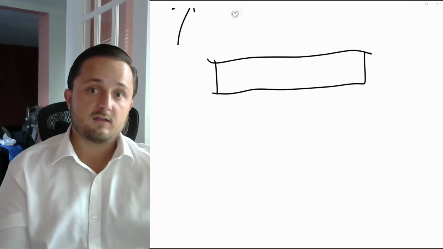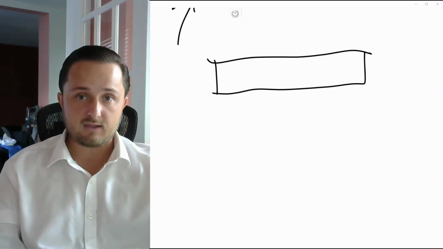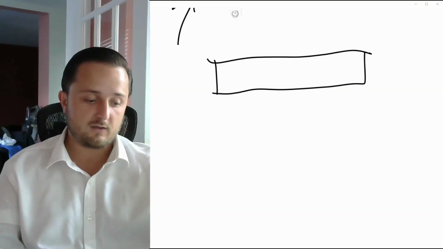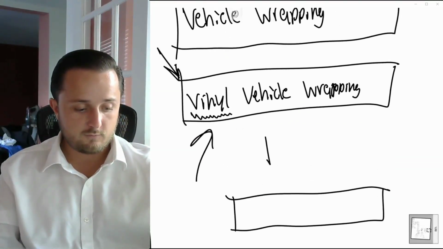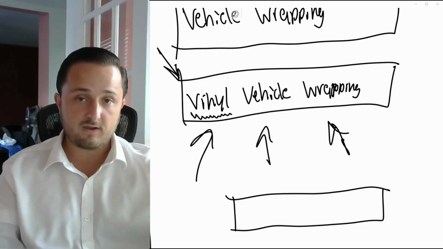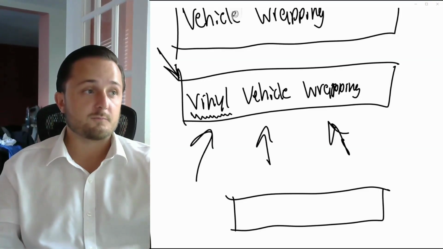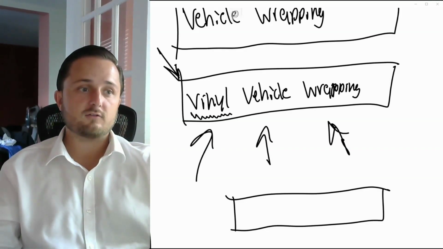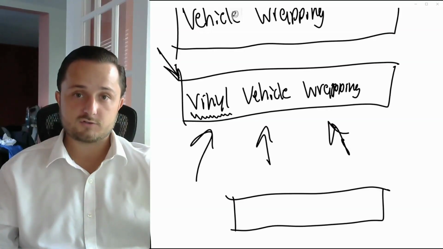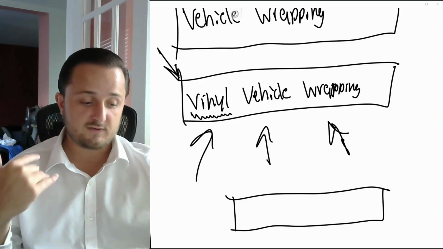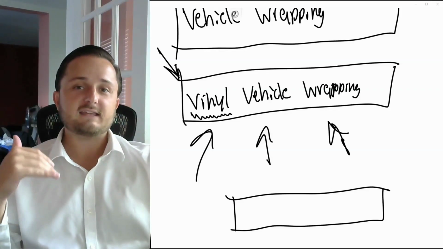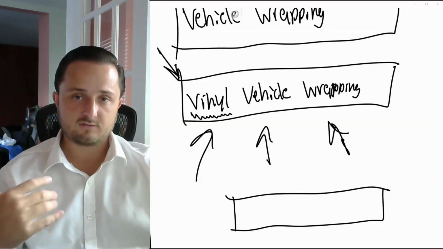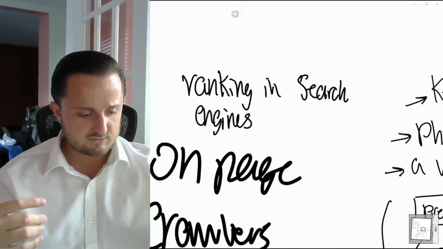Then I know, okay, I need to go build a page if I want the website, or I need to go add stuff to my Google business profile so that I can start appearing for this search term, for this very specific keyword, this service or this product that I offer. But I first have to know what keyword to target. I have to understand, how do people search? If I don't understand how people search, if I don't know what people are typing into Google, I can't target that keyword. I can't go apply on-page SEO, and we'll get into on-page in a second.